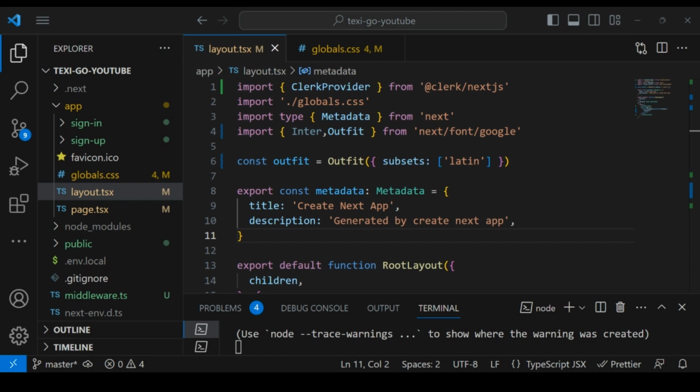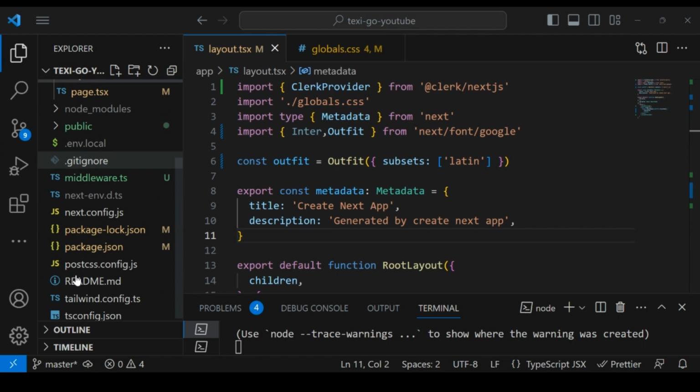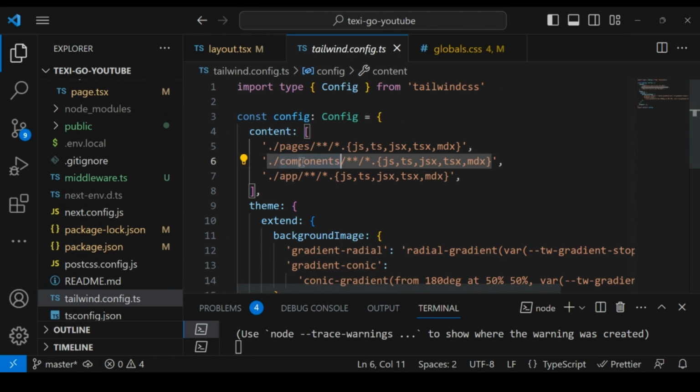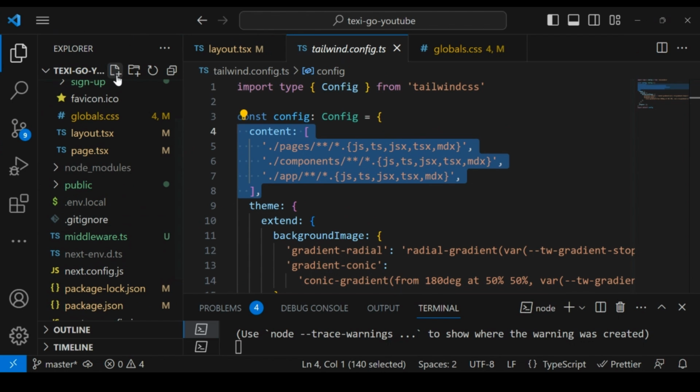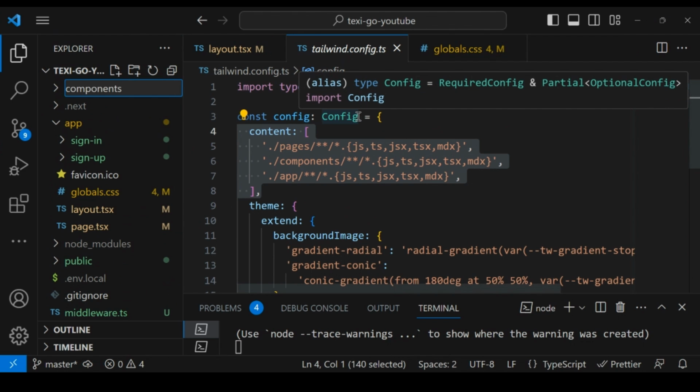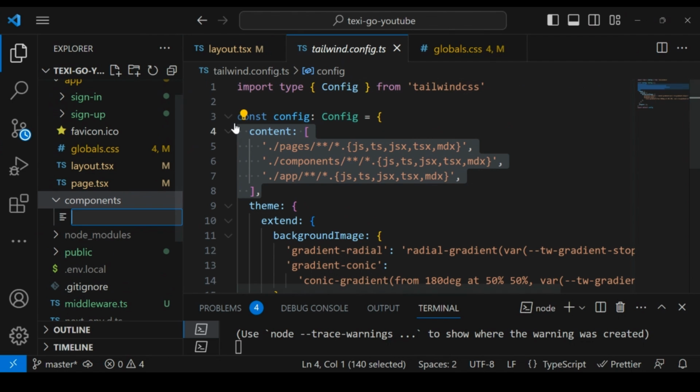Now let's add the navigation bar. Inside the root folder we create a new folder, and we have to make sure the name of the folder is components. Don't make a spelling mistake, because otherwise the Tailwind CSS classes will not get applied. So in the root folder I will create the components folder, and inside the components folder I will create the